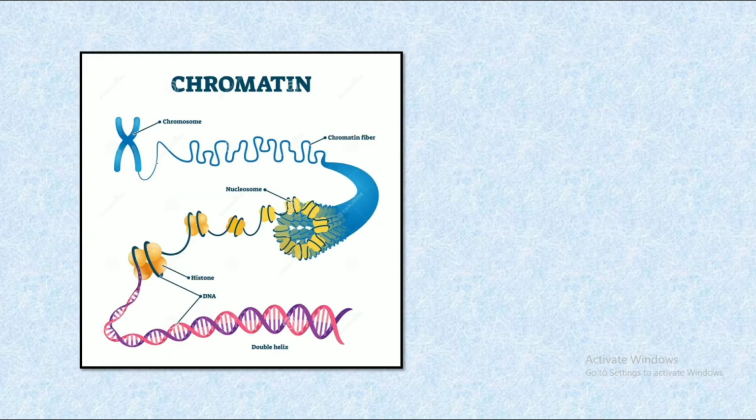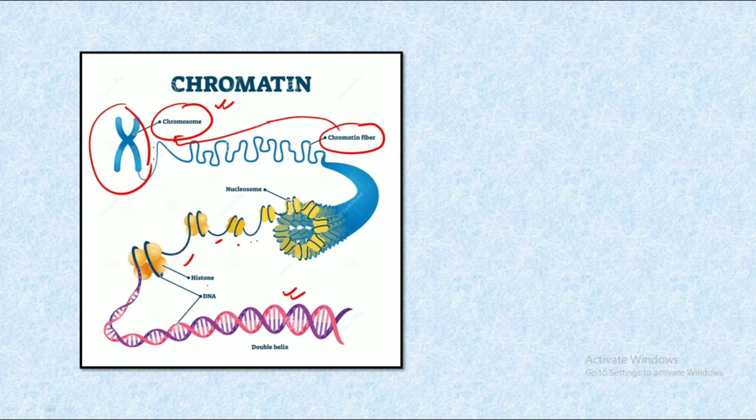So looking into the complete packaging, initially we have the DNA double helix. The histone comes and binds, or helps to tighten the complete strand of the DNA molecule, and with subsequent packaging the nucleosome is formed. By regular coiling and vigorous packaging with the help of the histones and the non-histones all together, the chromatin fiber is formed, and when this chromatin fiber is further packed into a more concise form, we get the complete chromosome present in the nucleus.